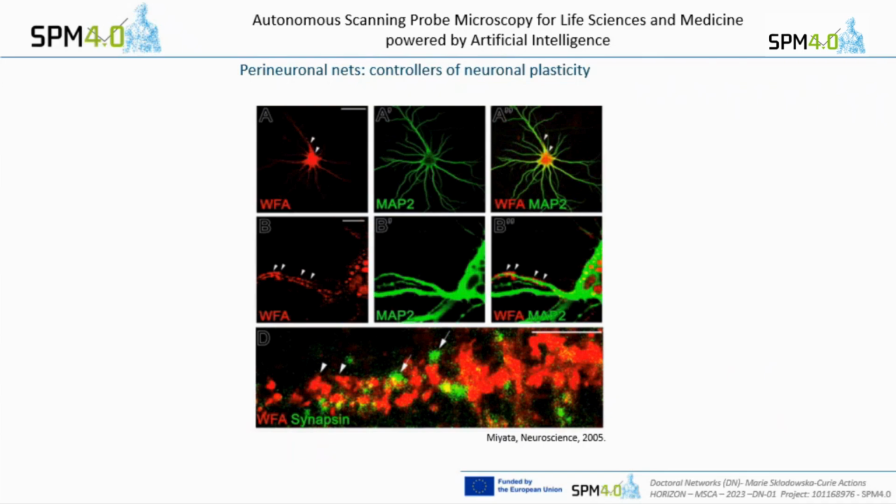And when we stain for synapses using synapsin, so that we are able to visualize presynaptic terminals, we can see there's co-localization, and the WFA is actually either co-localizing or in the vicinity of these structures. So the idea here is that the perineuronal nets are actually stabilizing already existing connections. So you have the pre and postsynaptic terminal, and the perineuronal nets are stabilizing these